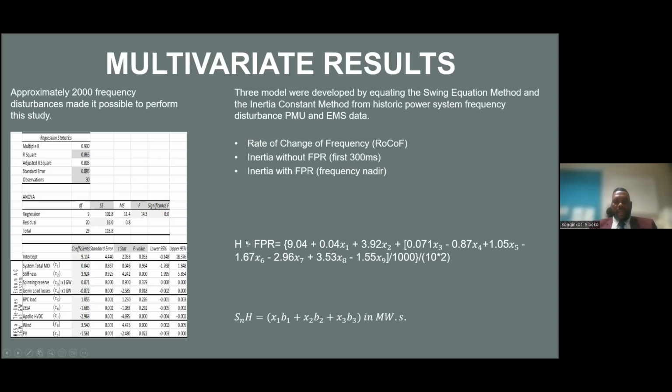Then we managed to come up with the formulas. This one is the inertia with the FPR, which is the first primary response. Then we can check using the formula, we can check the frequency of that. Then the other one is inertia without FPR. So the first 300 milliseconds or half a second, we can see how much rocof or how much